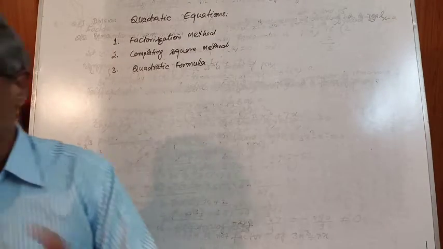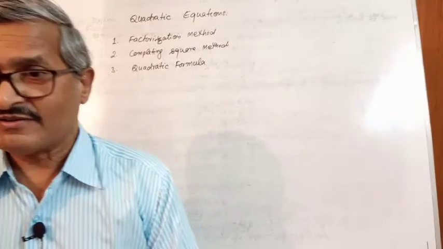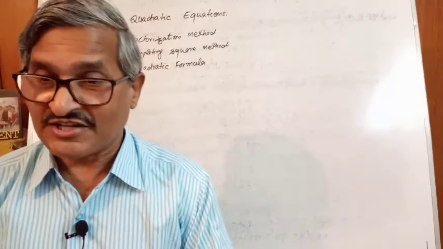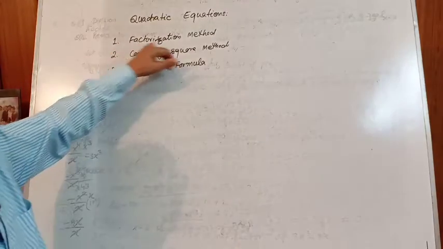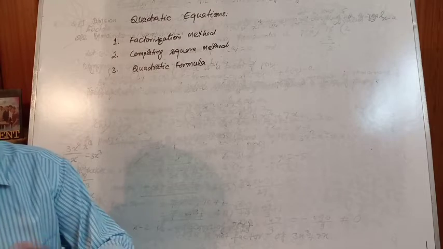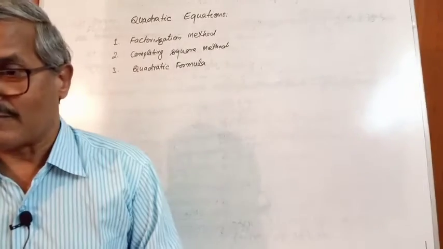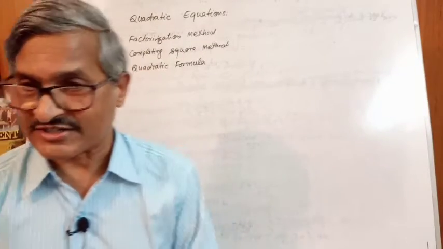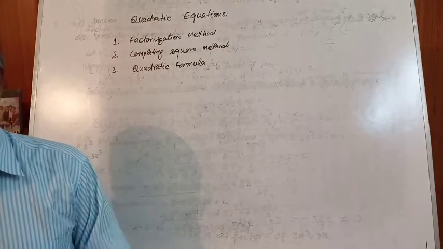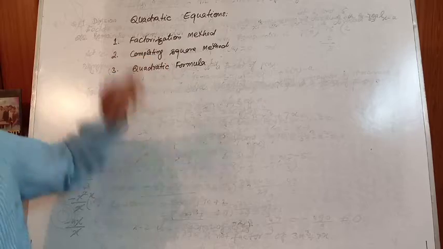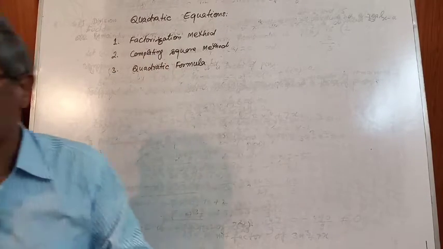Whereas in the factorization method we cannot solve those equations which give non-real roots. Only real, integral roots we find in this one. Because we are factorizing, and factorization of a polynomial is possible if its zeros are real. If roots are not real, we cannot factorize. So we need one method which gives the solution of all types of equations.